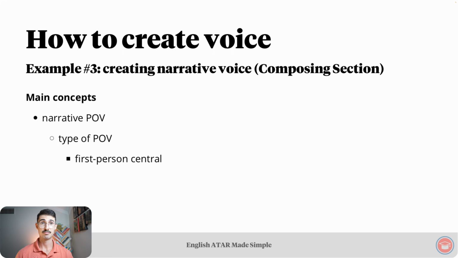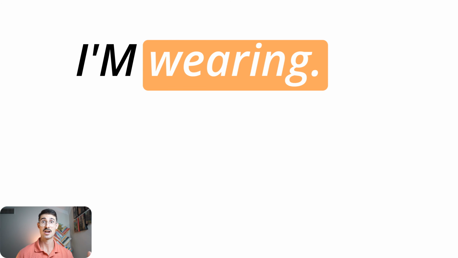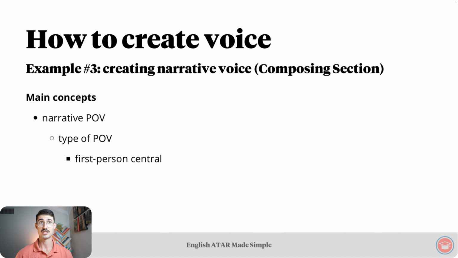How do we know that? In the text, we've got the use of the word I'm, as in I'm wearing, and he also says tight to my face, my, and he also says I wheeze, I. So the use of the words I'm, my, and I tell us that there is first person central narrative POV. This is our most important question when we're looking at narrative POV in relation to voice. That is the type of narrator. The type of narrator is unreliable and probably the naif.